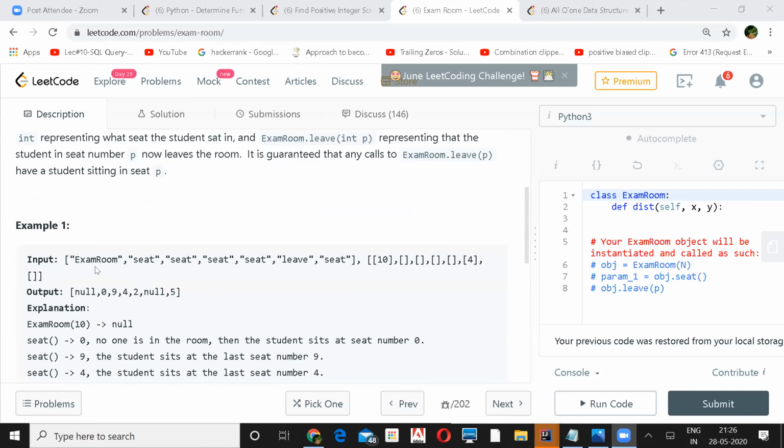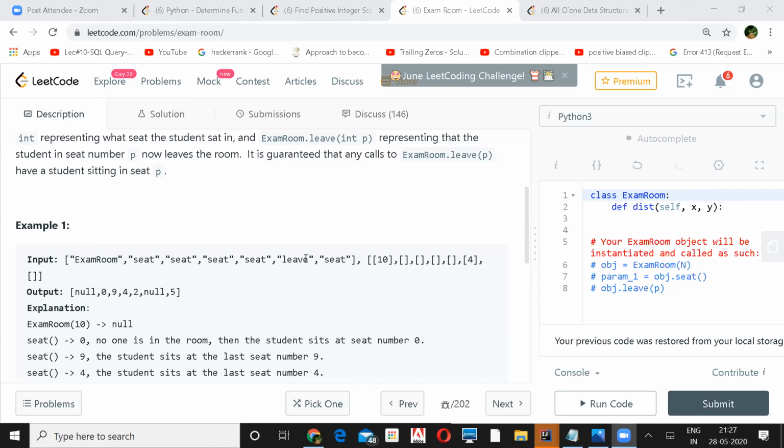And this example is clear, right? There are 10 seats in your exam room, and the first student comes. According to the rule, he'll sit at the 0th position, and when the second comes, he'll sit at the maximum position from 0. So total 10 positions are there, so he'll take the extreme one, that is 9. Now when the third student comes, he should sit at a distance optimal from both, neither close to 0 nor close to 9. So he'll sit at 0 plus 9 by 2, the middle of that.